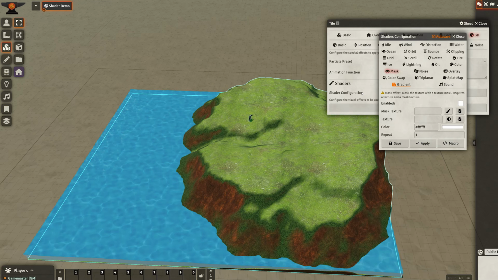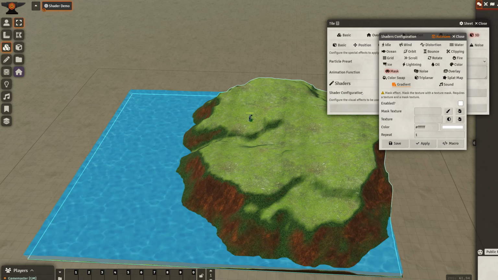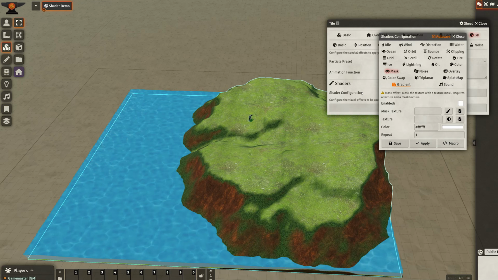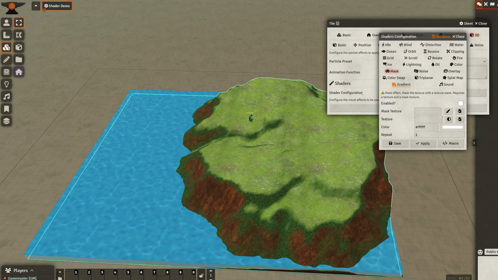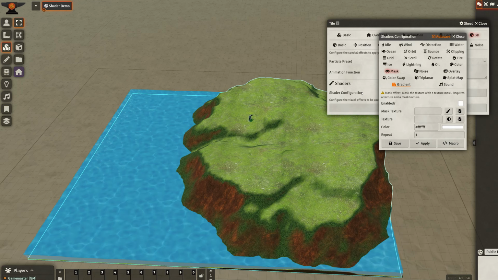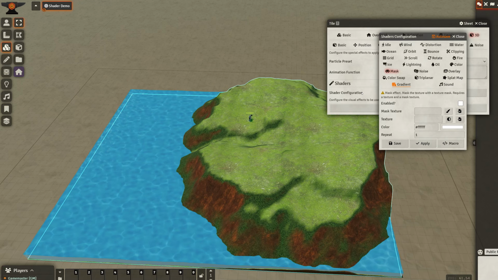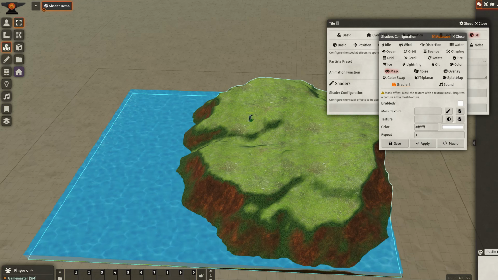The next shader we're going to look at is the mask shader. What this shader will do is basically apply a texture on top of your model, your terrain, but it will apply a mask. If you're not familiar with the concept, a mask is basically a black and white image where, when you apply your texture to the model, only the parts that are white in the image will be applied to the object as the selected texture. I realize this is probably very confusing. I'm just going to show you how it works, and it's actually way simpler